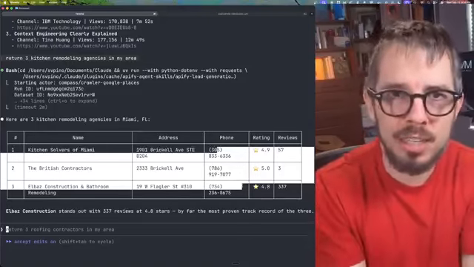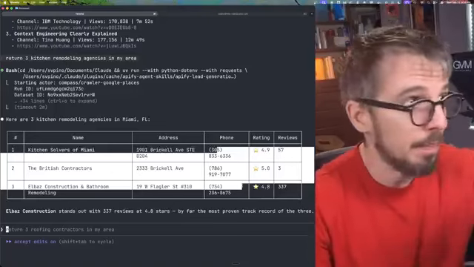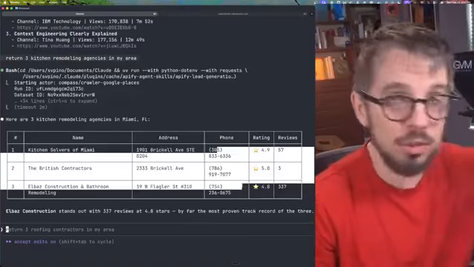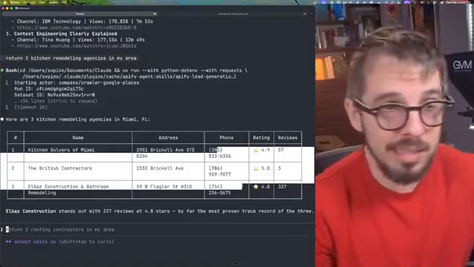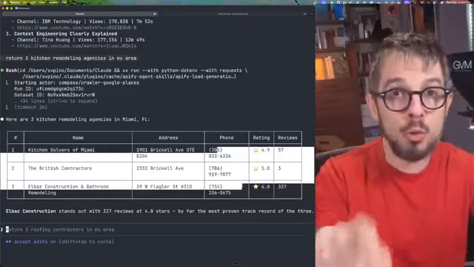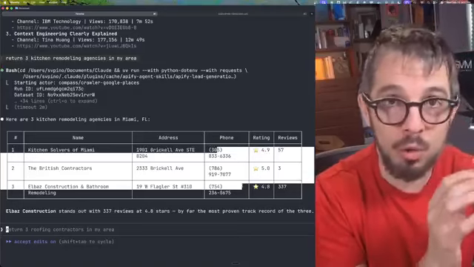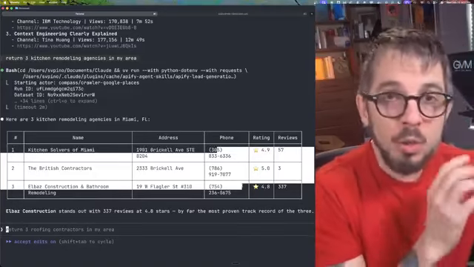Now, I don't want to turn this into Google search. I want to use that information to feed into a different pipeline, a different process, or analyze that information. But how do I do that? How can you do that? How can you connect your Claude Code or Codex or whatever you're using to the internet?